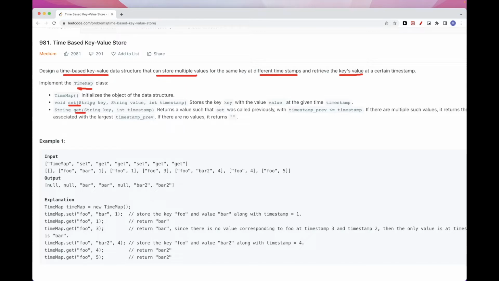So it's a time map class, and we have two functions, set and get. Set gets three values: the key, the value, and the timestamp. And we want to store for the key a pair of value and the timestamp. You can imagine value is something that occurred at this timestamp. And the get function gets two values, the key and the timestamp. And what we want to do is return a value such that